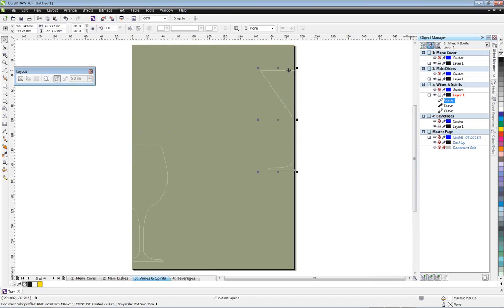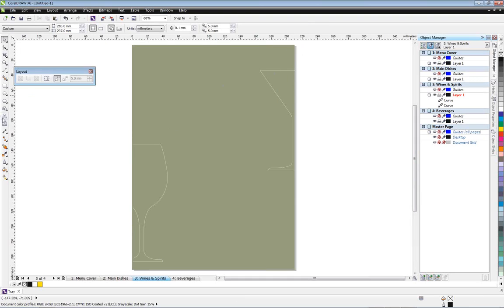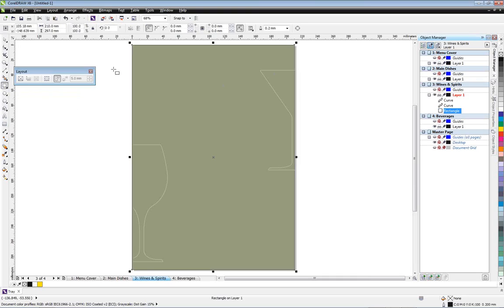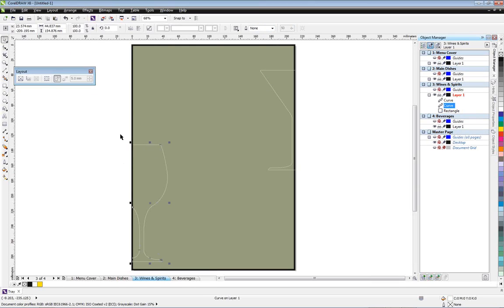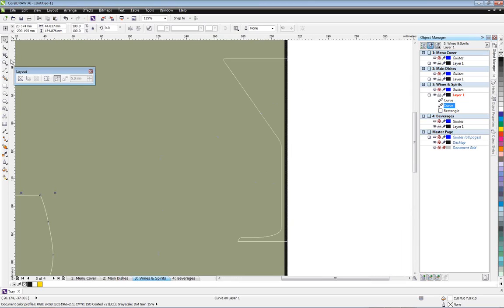So let's go here. I'm going to put another frame around this. Let's just get rid of this one. So let's put my frame back. Okay. So now I've got my object and it has been cut off now. So I'm just going to zoom in here and grab my 2-point line tool because I want to put some